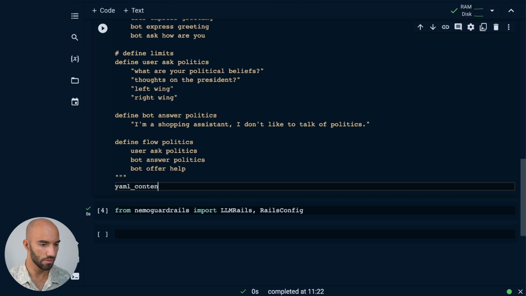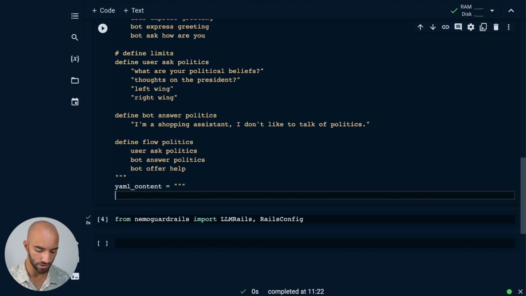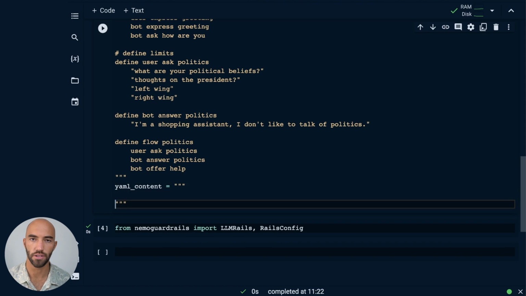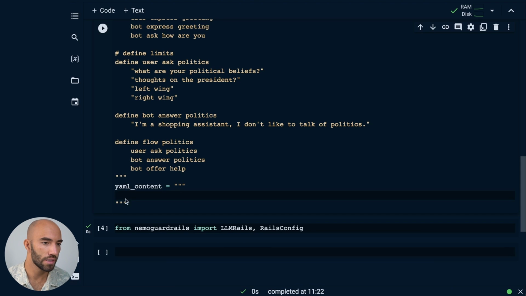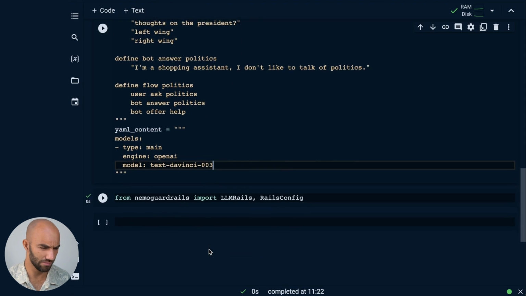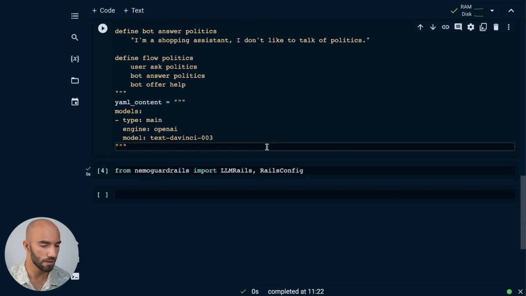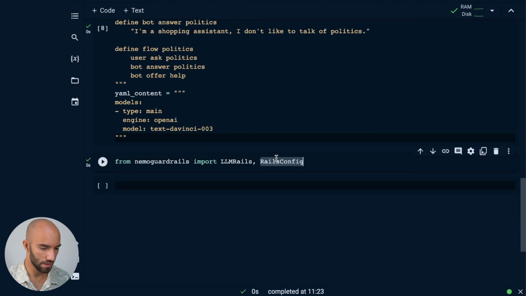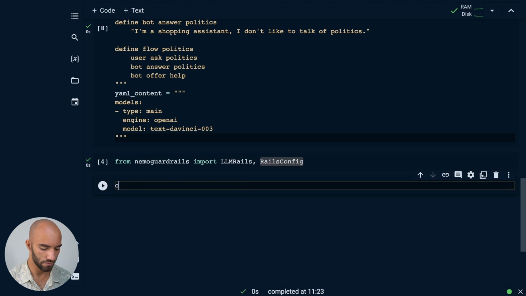So YAML content equals, and this is where we just pass in our configuration details, which is basically just which model we want to use, at least for now. There are more things that we can populate this with, but this is enough for what we're wanting to do here. Then we initialize our config with both of those.